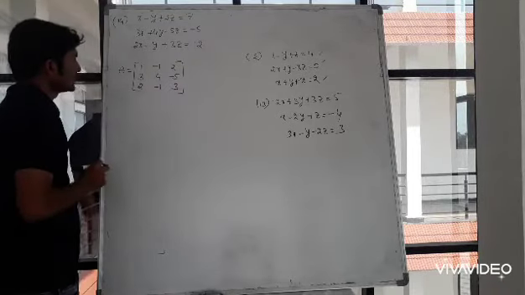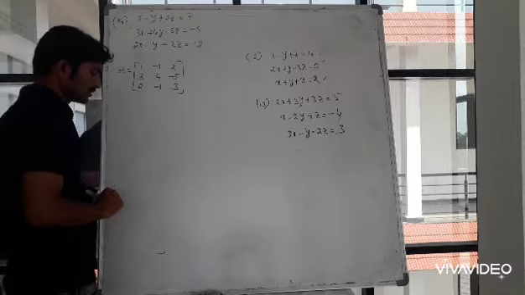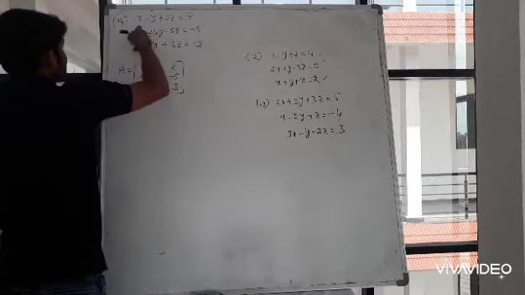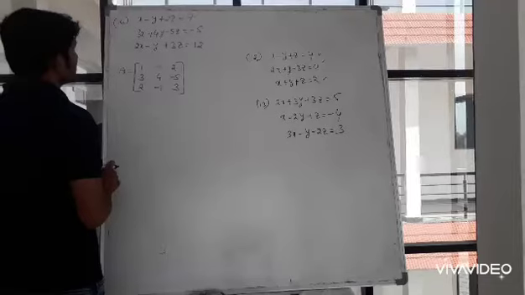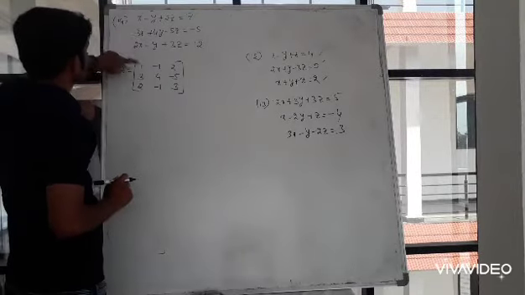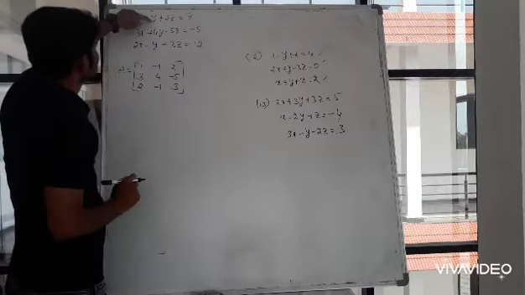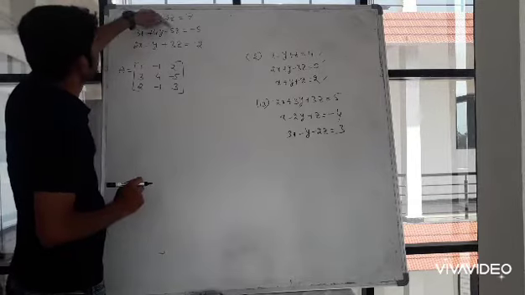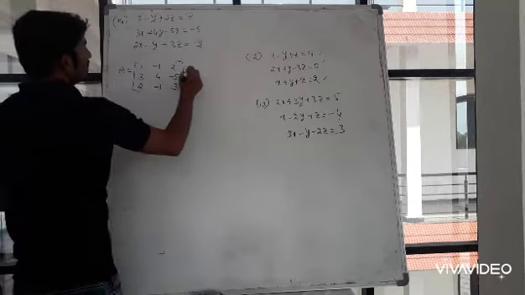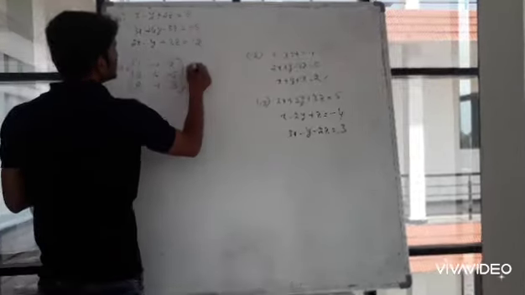Don't make any mistakes while writing the matrix form. So observe the coefficients of x properly. Yes, coefficient of x is 1, 3, 2; then minus 1, 4, minus 1; then 2, minus 5, 3. Okay, then X is equal to, variables are 3 here, x, y, z. Then B is equal to what? Right hand side, 7, minus 5 and 2.